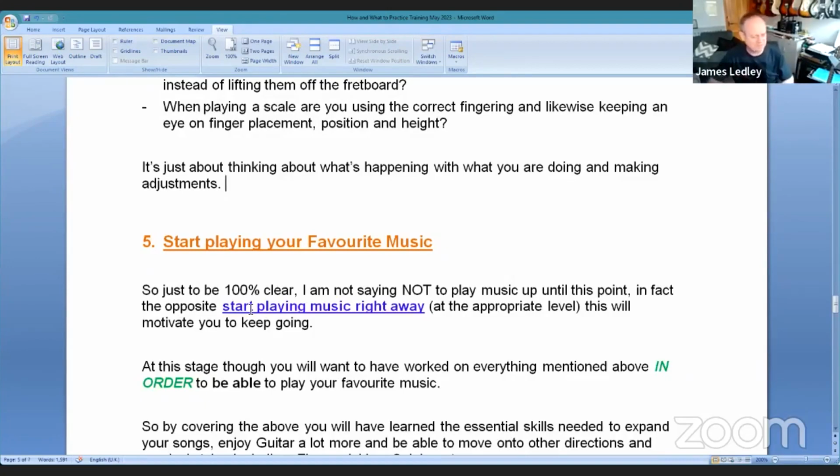It's not a case of doing exercise after exercise. That's not going to motivate you. That's going to help, but you do need that music in mind and think, right, well, can I apply this to an easy song? You know, a beginner song would be, depending on where you are, Knocking on Heaven's Door, Stand By Me, possibly Ed Sheeran, Perfect,